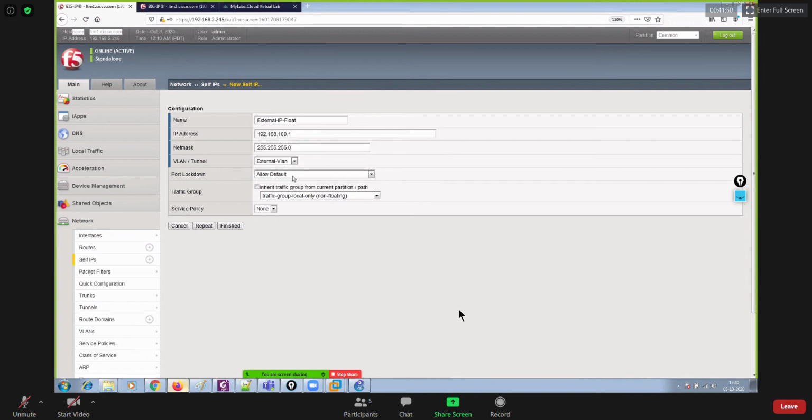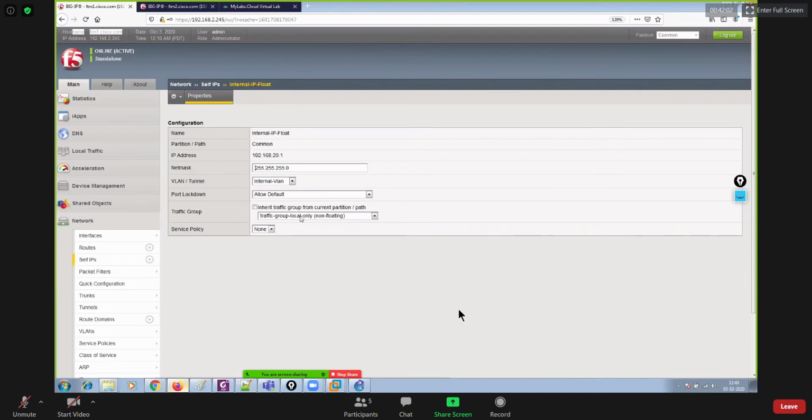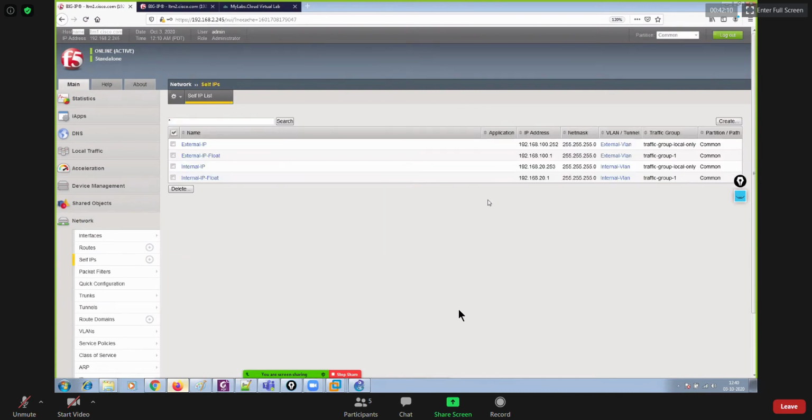Right, guys? External VLAN, allow default, and then floating IP. Finish it. I think I have made some mistakes here, especially with this 20.1. If I go there, I should change it to floating only, because that was a virtual IP .1, right? So if you go back to self IPs, we have assigned two different types of IP addresses onto your LTM1.